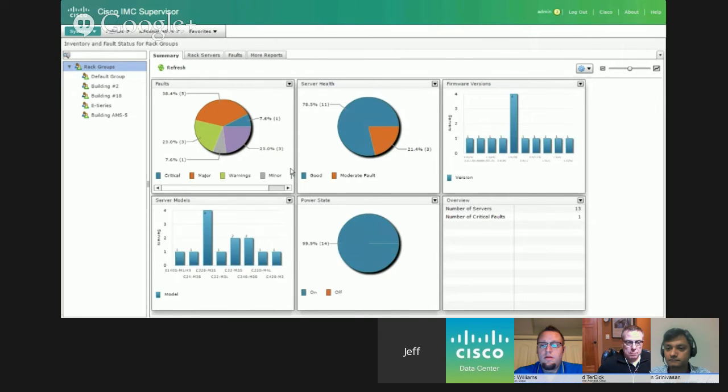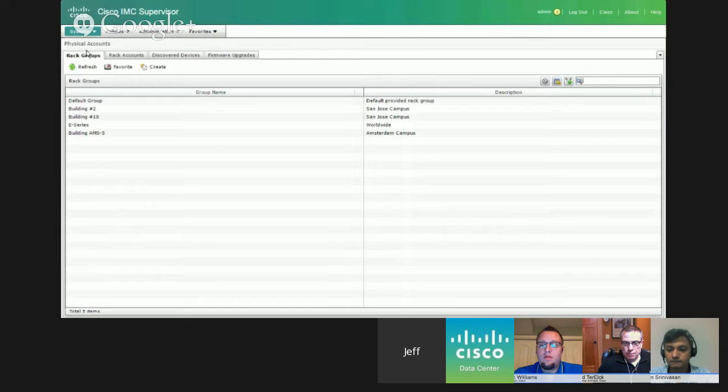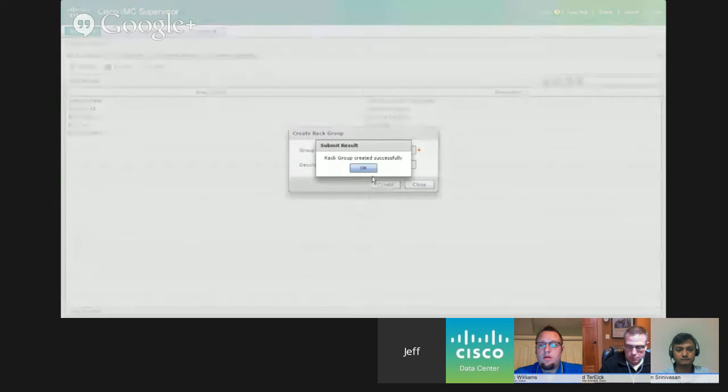And so we talked a little bit about the groups on the left, but we didn't actually get into the menu bar up at the top quite yet. So let's go to the menu bar up at the top, and under Physical Accounts, it will present a number of submenus, one of which is rack groups. And you can see that the rack groups in this list mirror the ones that we've got in the left nav. And it's as simple as creating a group name and a description. And that's all you need to create a group and start